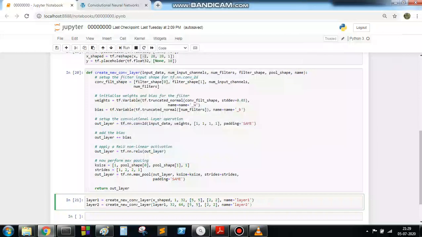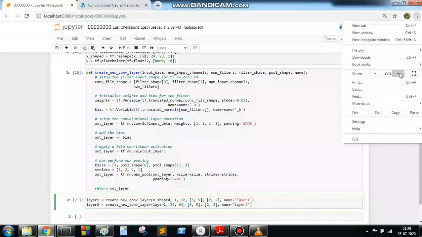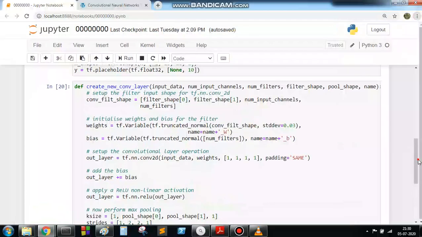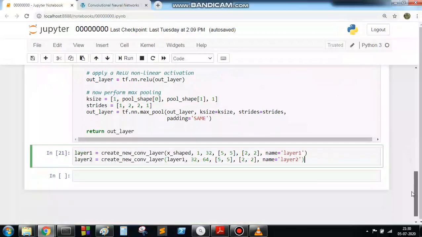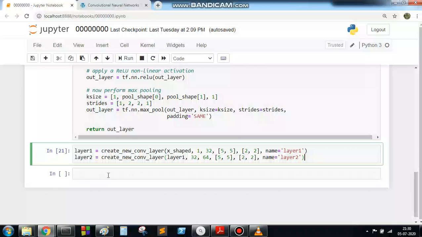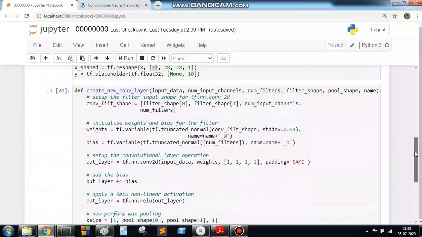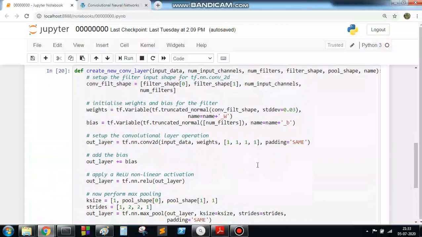Let's zoom in somehow. Okay, this much is sufficient. Now layer 1 and layer 2 are created. Here you can see that while defining the function create new convolution layer, I am taking the padding as same.